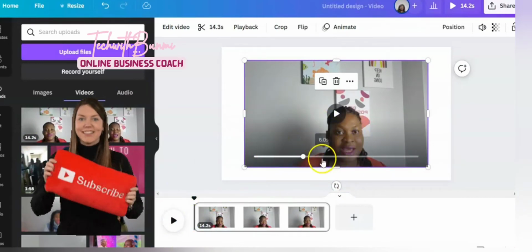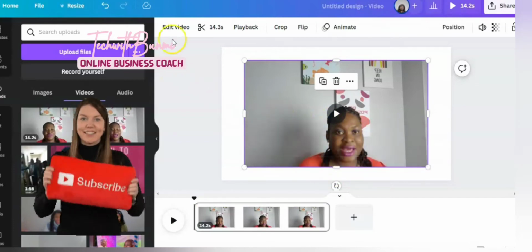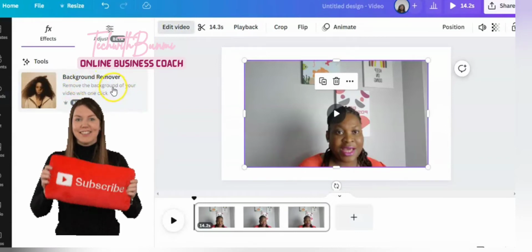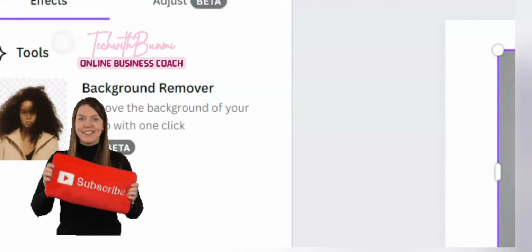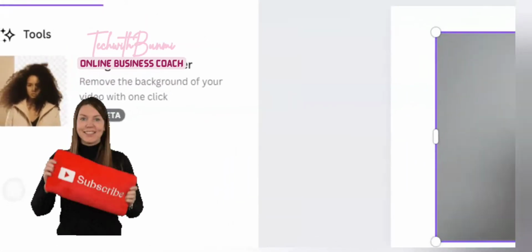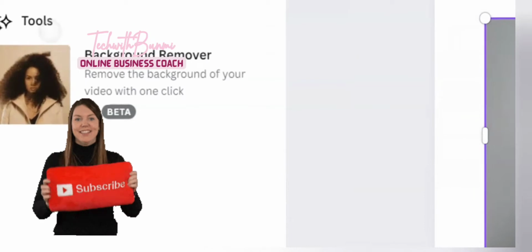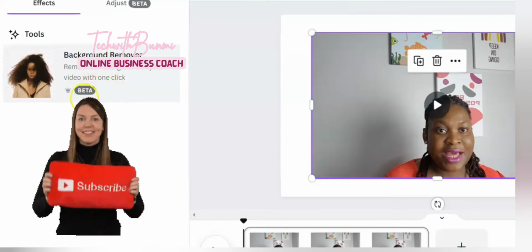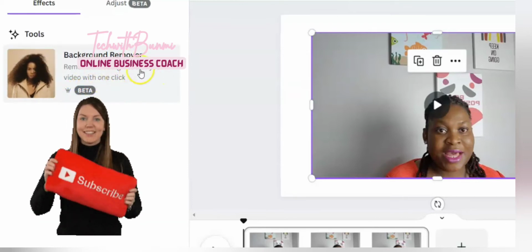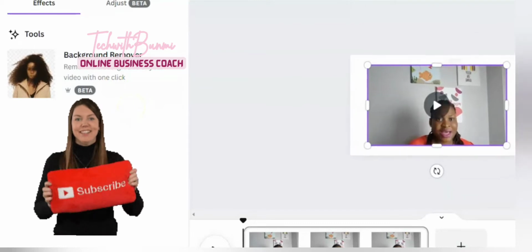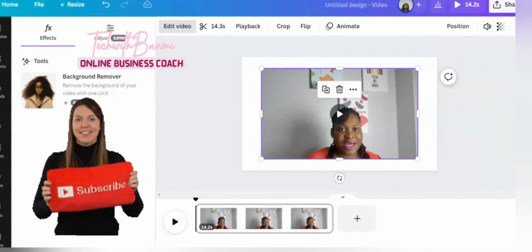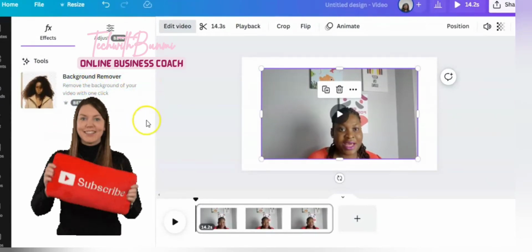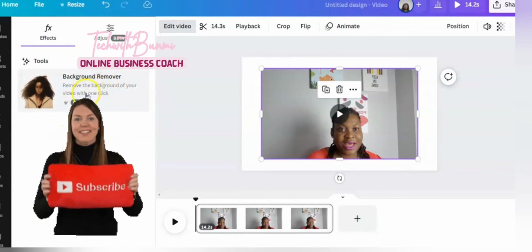You have to click on it before you can use it, and you come to this place, you see edit video, and you can see this background remover, right? Background remover. It says remove background of video with 1 click, and this is better. So this symbol indicates that it's a new one and they're still testing it, so in short it indicates that it is a new feature in Canva. Okay, so now I'm going to click on it,